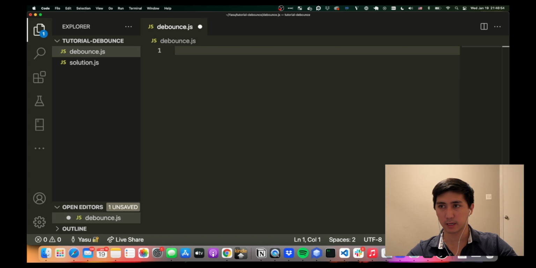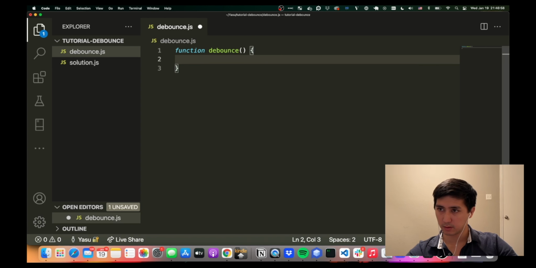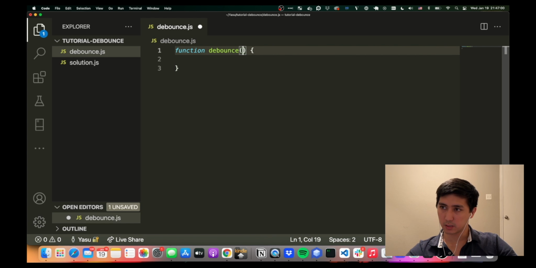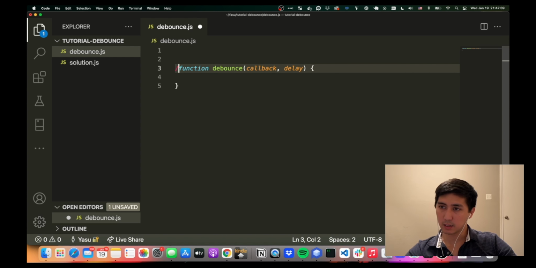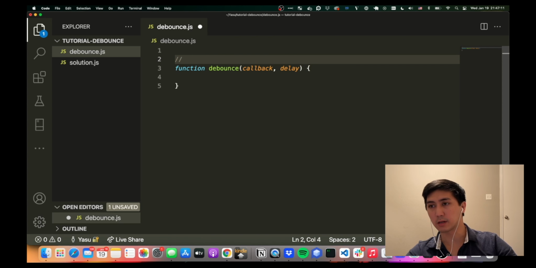I'll start by defining a function called debounce. And usually you take two parameters. One's the callback and second one is the delay. How long is the debounce going to be? And how this debounce is going to work is